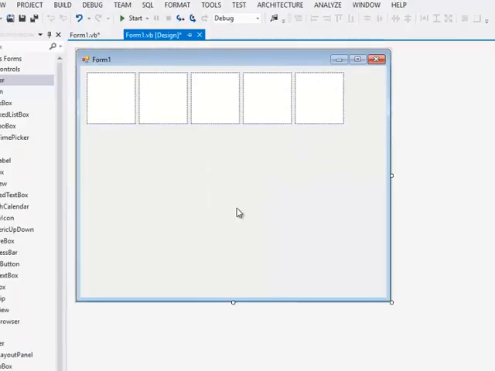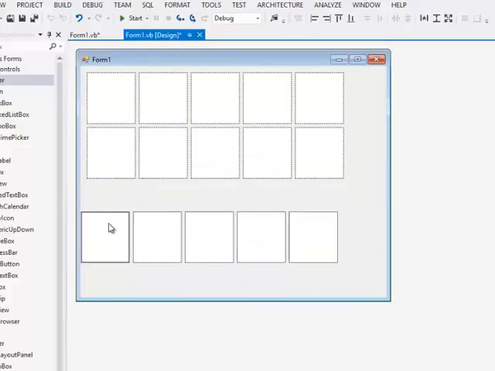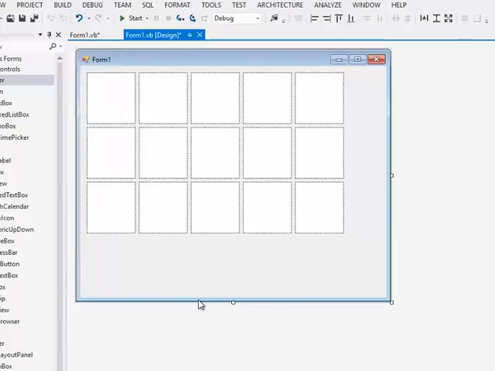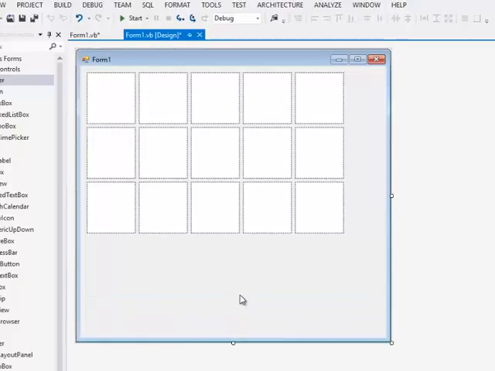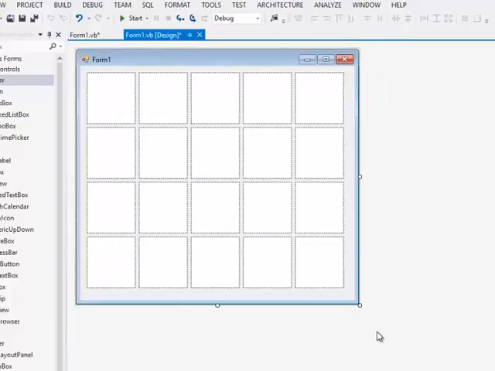Copy paste only, paste. Maybe I can copy paste this all together. Copy, paste. Actually I'm really very good at copy paste jobs, maybe that's why I enjoy making arrays rather than code individually. So here I have how many? 1, 2, 3, 4, 5. 5 into 4, there's 20 picture boxes